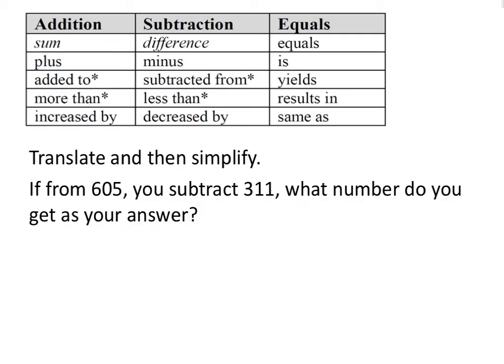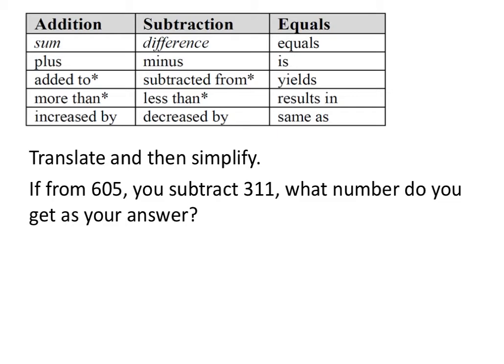All right, if from 605 you subtract 311, what number do you get as your answer? And I just read that out loud, and in my mind, I'm trying to piece this together, right? Because it's using the word from, which to me is kind of a trigger, right? It's like, oh, okay, what's going on here? It's got the from word on there, right? We're subtracting from, which usually indicates that it's reverse the order, but it's saying we're subtracting from 605, which means